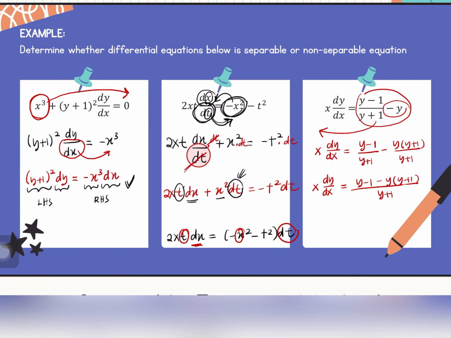Okay, so kita boleh remove satu-satu. Okay, mula-mula kita remove bahagi y plus 1 pergi sebelah, dia jadi darab. So kita ada y plus 1 darab dengan x dy over dx equal to y minus 1 minus y darab y plus 1. Okay, lepas tu kita remove